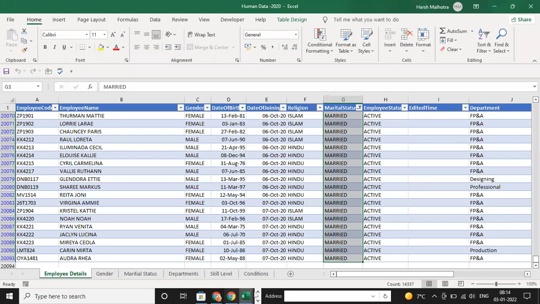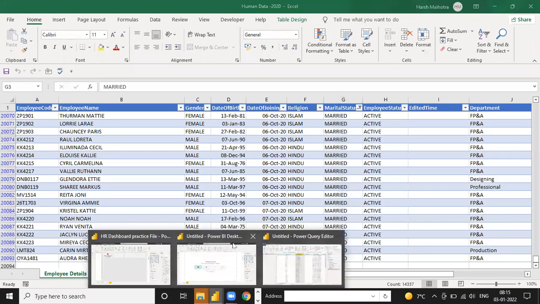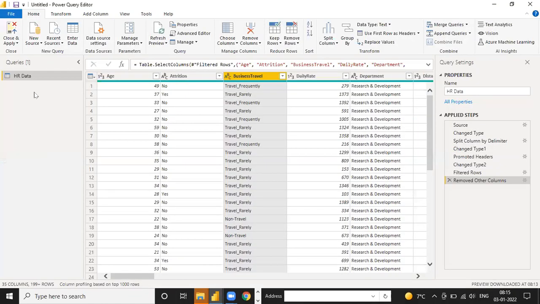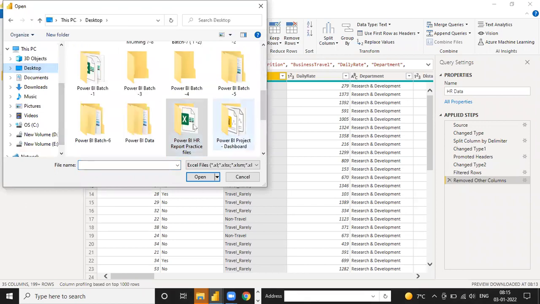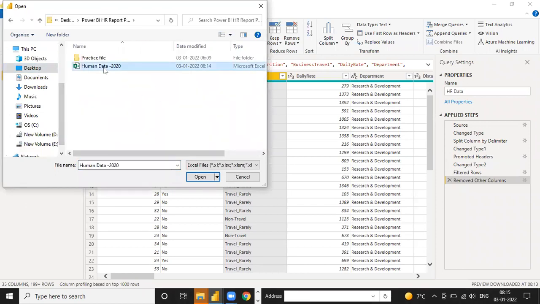And you can see under this Power BI, right now we have only one file, which is in CSV format, which we imported from the folder. Suppose your first file is ready and all the queries are done. If I select another file, which is in Excel format, you can see this file is in Excel format. And if I click on this open,